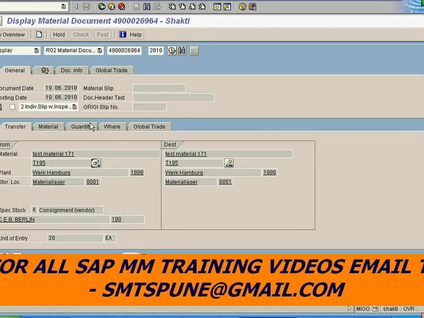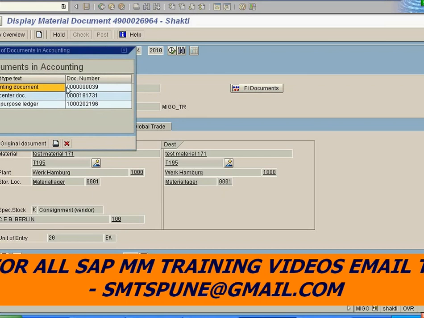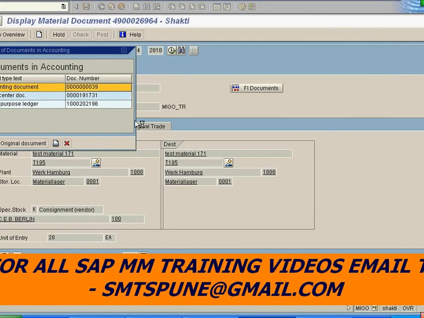And if you check the accounting document, in the document info, FI documents, an accounting document is generated, and you can double click and check that. So account posting happens when you pull from consignment to own.